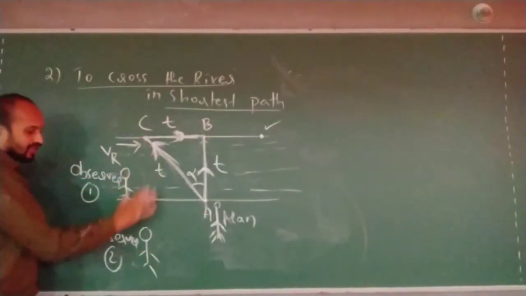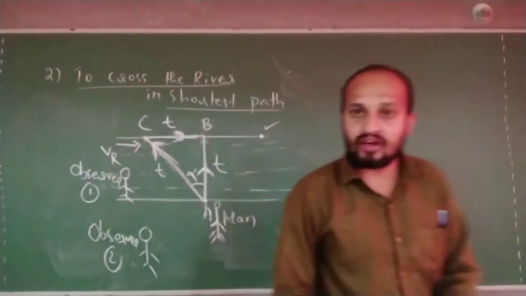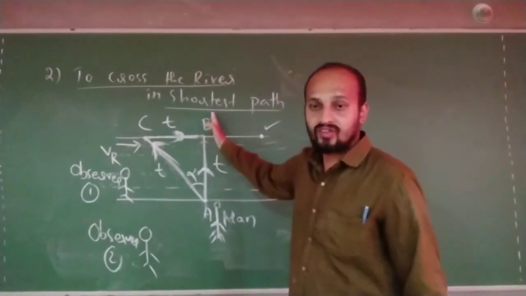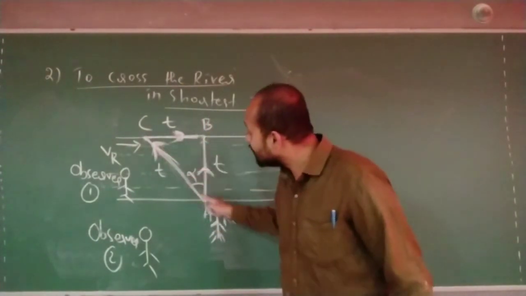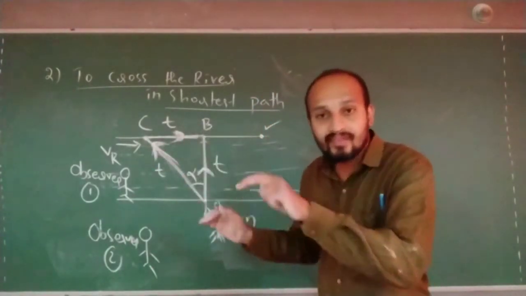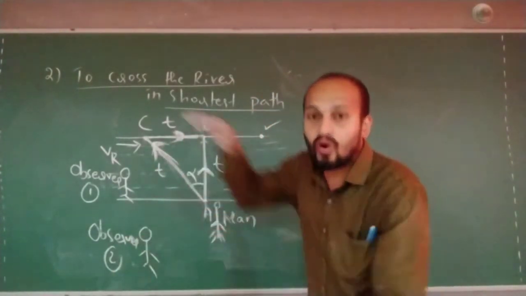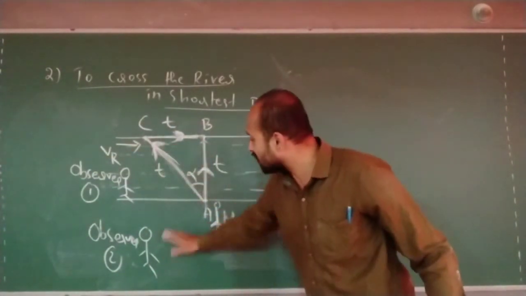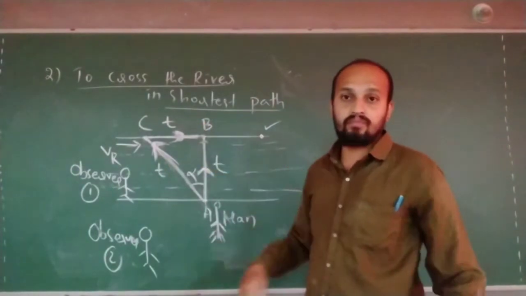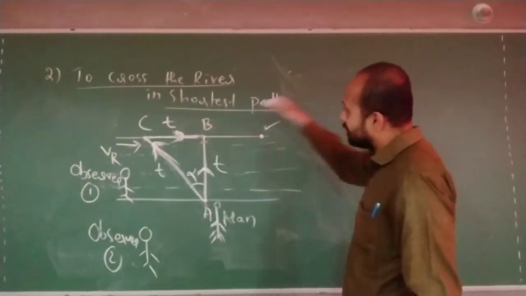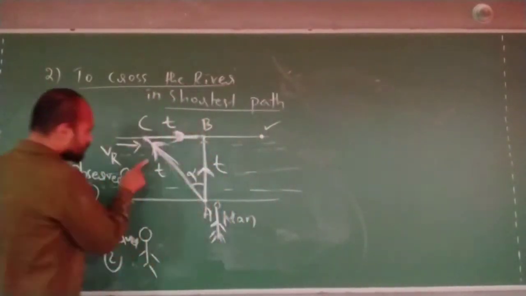The motion from point A to C you cannot observe from the ground. If you are looking at the ground, you will see that he goes like this. But what is this displacement? This displacement is with respect to water. Water means still water. With respect to water you are moving, but the water is pushing you like this. When you are standing on the ground, you will see yourself moving up. Correct now?